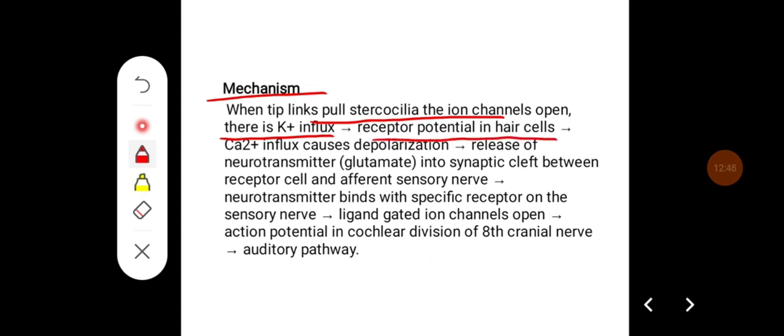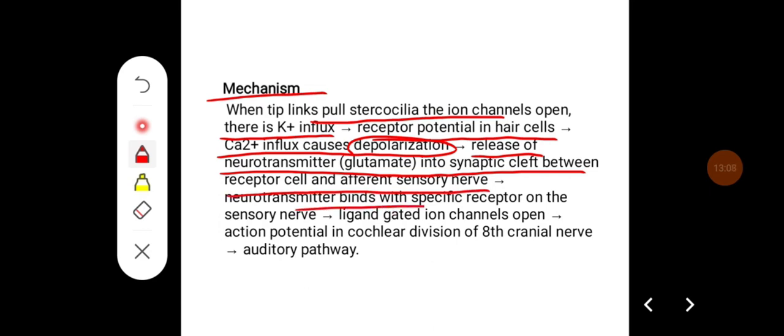The receptor potential occurs in the hair cells, which causes calcium influx, which causes the depolarization of the lower part of the hair cells, and that causes the release of the neurotransmitter glutamate into the synaptic cleft between the receptor cell and the afferent sensory nerve. The neurotransmitter eventually binds with a specific receptor on the sensory nerve fibers, and ligand gated ion channels open, which causes an action potential in the cochlear division of the 8th cranial nerve. And then the